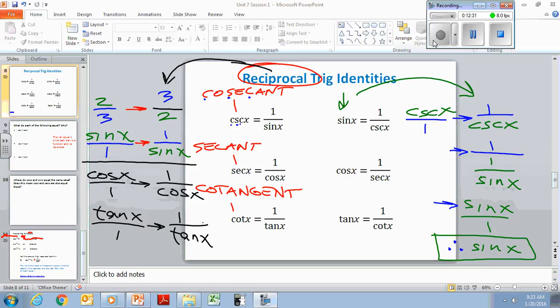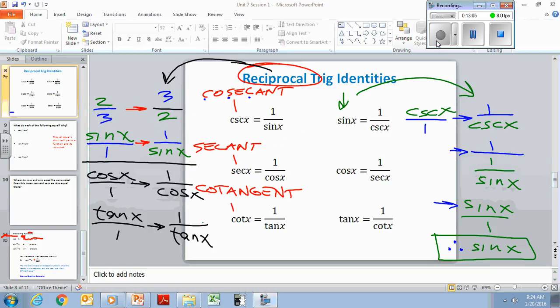Here's what I really am going to say to you, though. I'm going to pause this, so you can be better than 95% of everyone at the center. He doesn't want you to have the whole thing. Here's what he wants. He wants the word reciprocal to be in your head. He needs you to flip a fraction. He wants you to know that there's some famous reciprocals. One of them is when you flip sine x, you get 1 over sine x, and that 1 over sine x has a famous name, and it's cosecant.